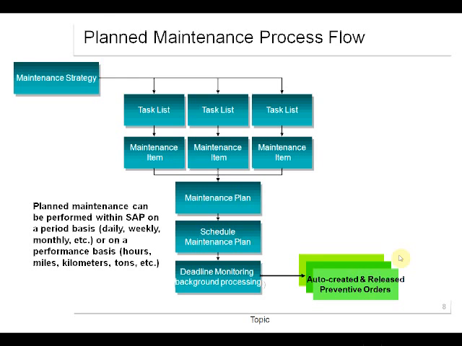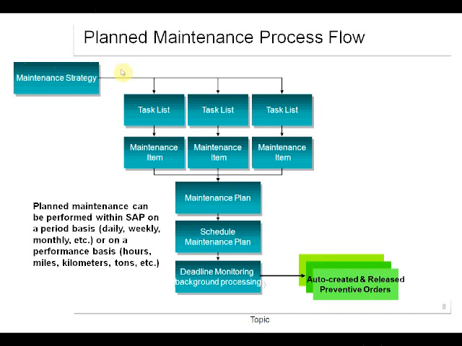So we'll start with the plan process flow. How we do planned maintenance in SAP PM. So we start off with the maintenance strategy. So what is a maintenance strategy? Maintenance strategy is nothing but a package. In the sense, say, first 1 month or 3 months I'll do a service, after 6 months I'll do a service, after 1 year I'll do a service. So that 3 months, 6 months, 1 year becomes our strategy. That is the strategy based on which I'll carry out my maintenance plan.